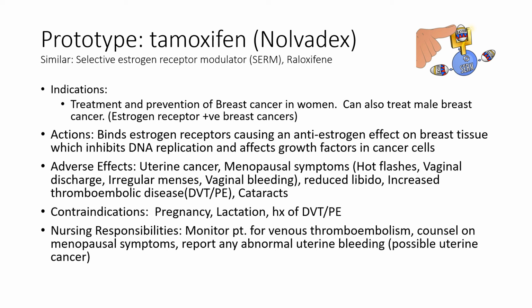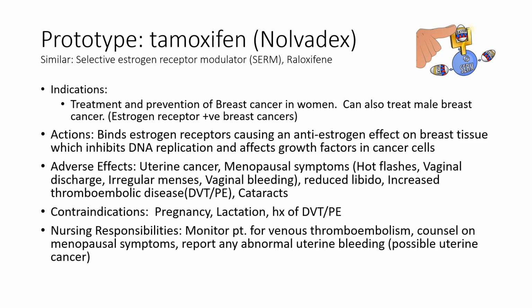We had one of those for prostate cancer, and we also had drugs that actually reduce the production of testosterone. This drug, anastrozole, is not as commonly used. This reduces estrogen in the blood. Okay. Tamoxifen is a much more commonly used